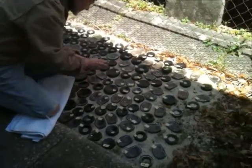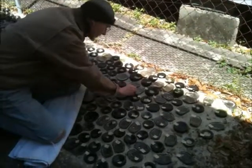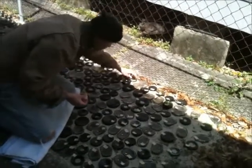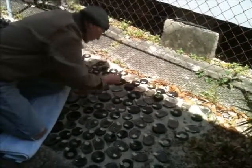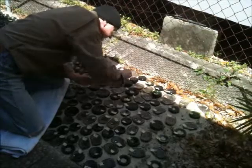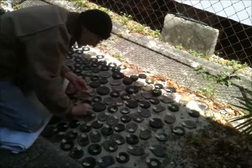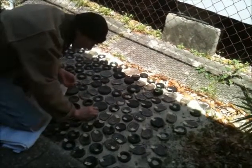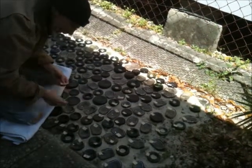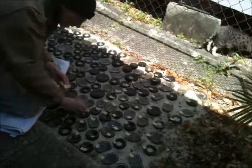It's a good thing the iPhone has a video camera, because unless this is documented, it's very easy to not understand all the work that goes into a lot of things. See, this only takes a few minutes, but it's something that has to be done. And it does take time, it does take effort, and the reason I'm glad that we now have an iPhone with a video camera that can document these things is because,